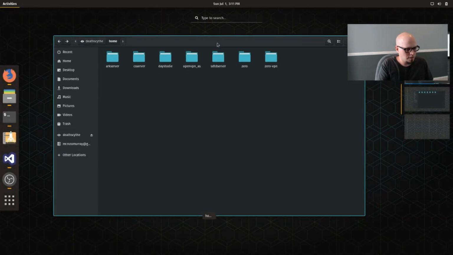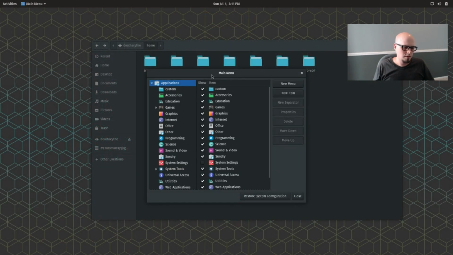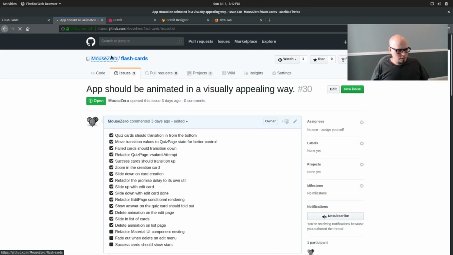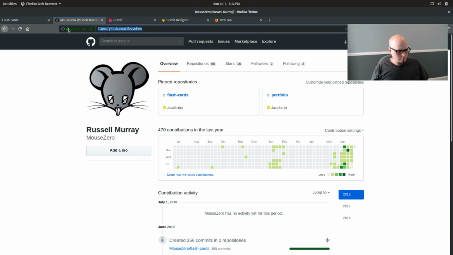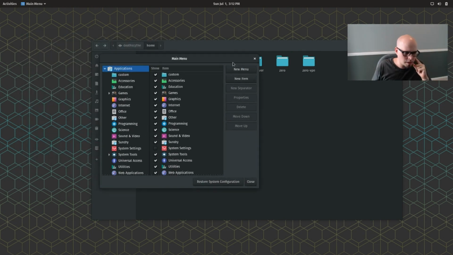If you went into the App Store and you install, I think it's just called Main Menu. Say a lot of times you need to get to your GitHub profile page, so we could just go like this. Okay, so then we can go to add a menu,